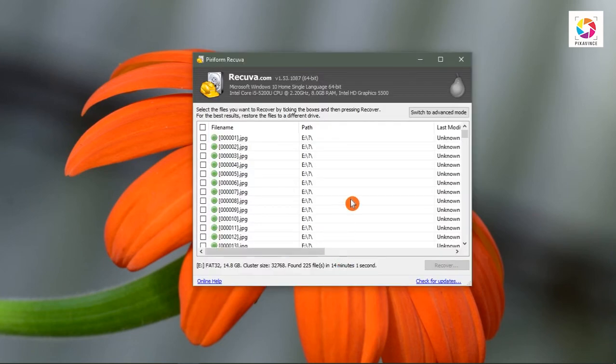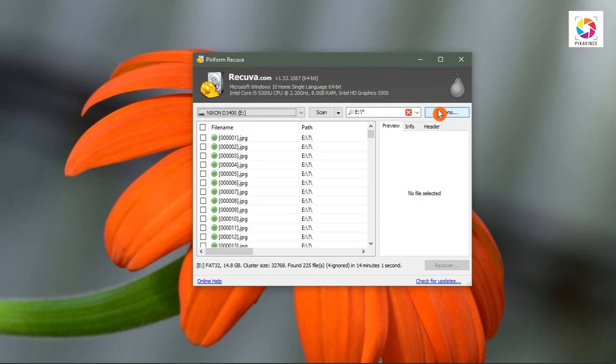Okay, now it has finished searching the files, and we are seeing that it is showing the list of all files that it has recovered. So now we will switch to advanced mode, and we will review some of the files, or the files which we want to recover from the card. Now here you can see that it has actually created the list of the files, but it will not recover the original names. So the names will be different than the original ones.